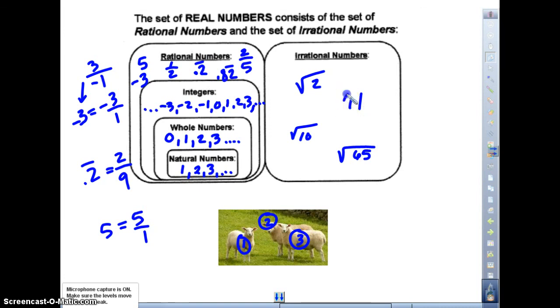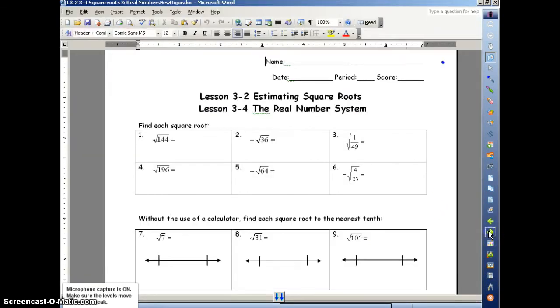Here's one that you ought to be familiar with, pi. You guys know that pi is approximately equal to 3.141592. It goes on and on and on, and it never terminates and it never repeats. Okay? Take this little guy and glue it in your journal. Now, you've got this worksheet, a little practice on estimating irrational numbers. Okay, I want you guys to go ahead and fill out this section up here, and I want to talk